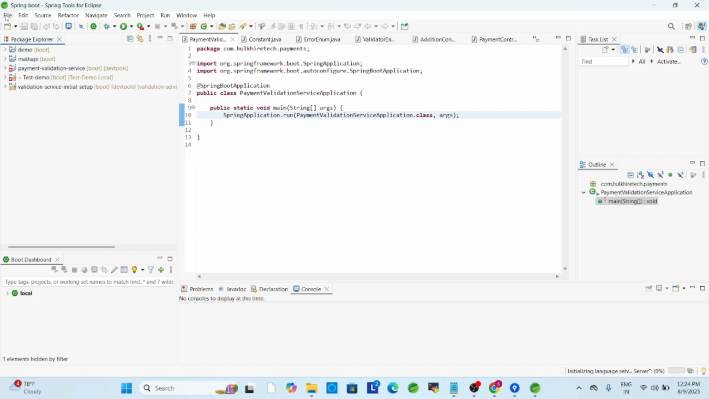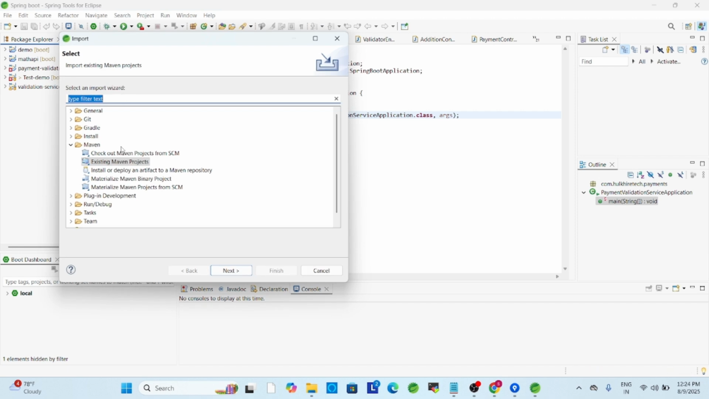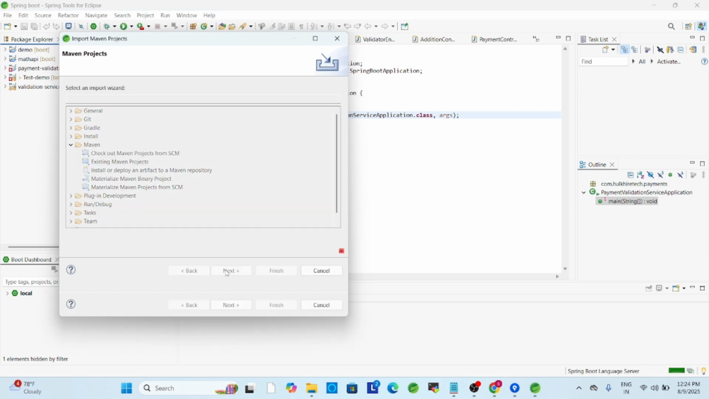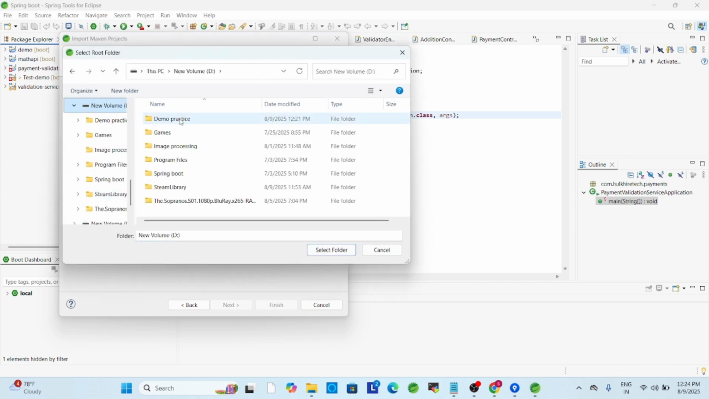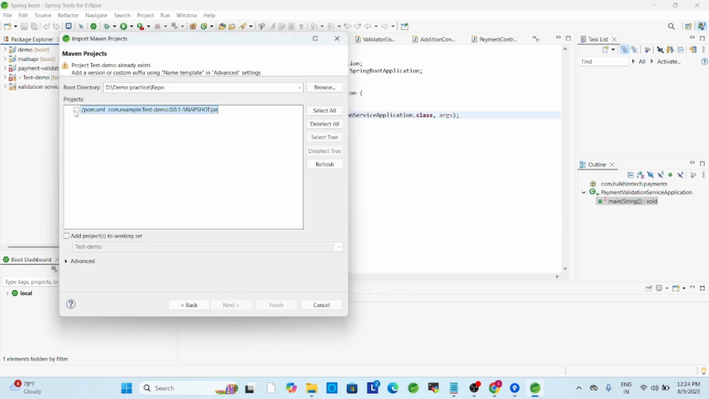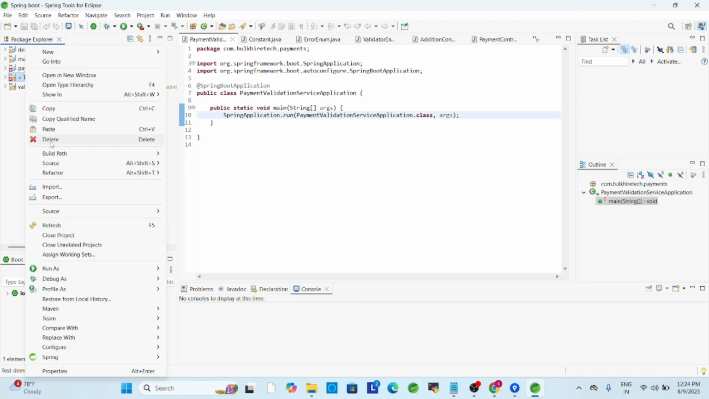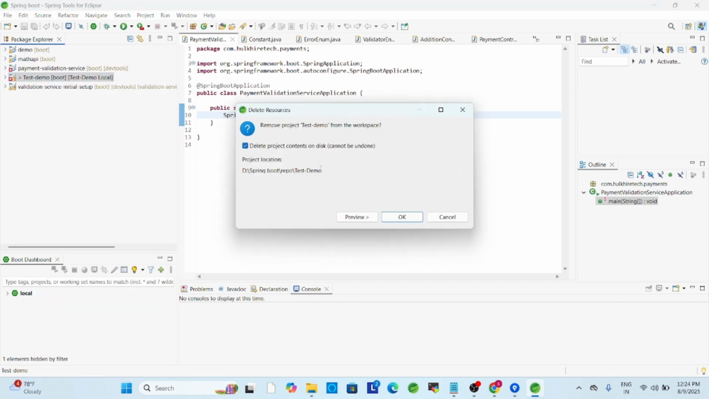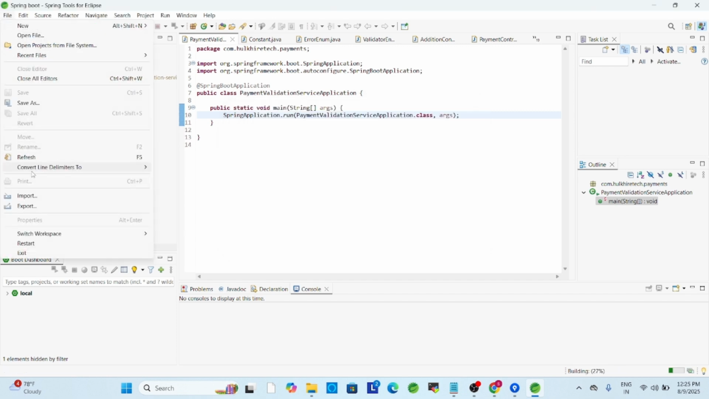After that, import the project. Select File, import existing Maven project, browse to the cloned folder. So it's the same version. First delete our previous project, then again select